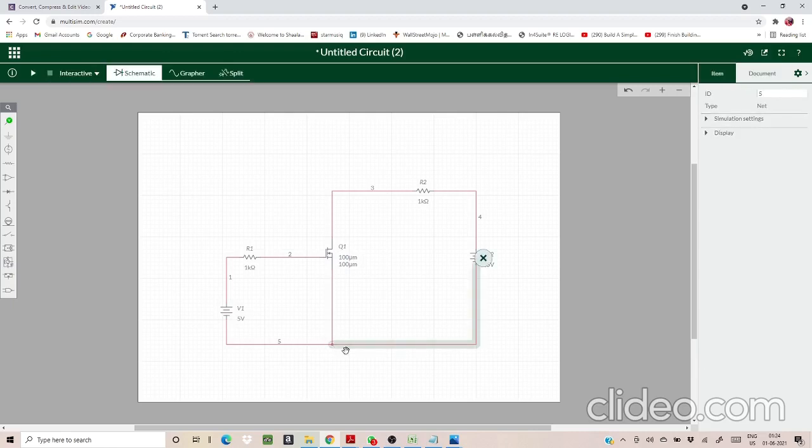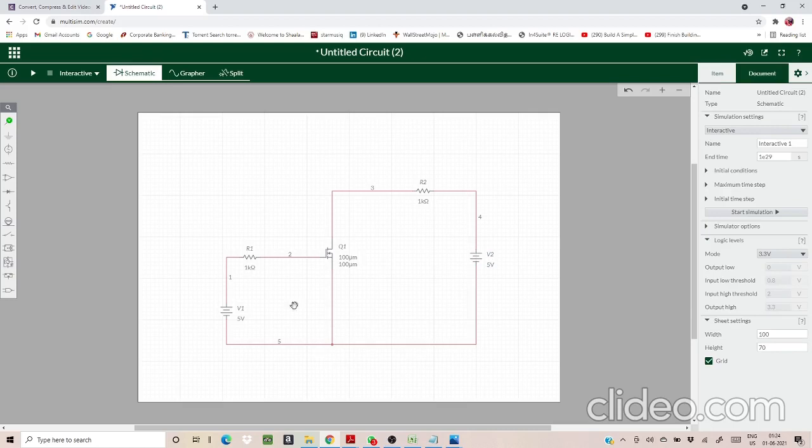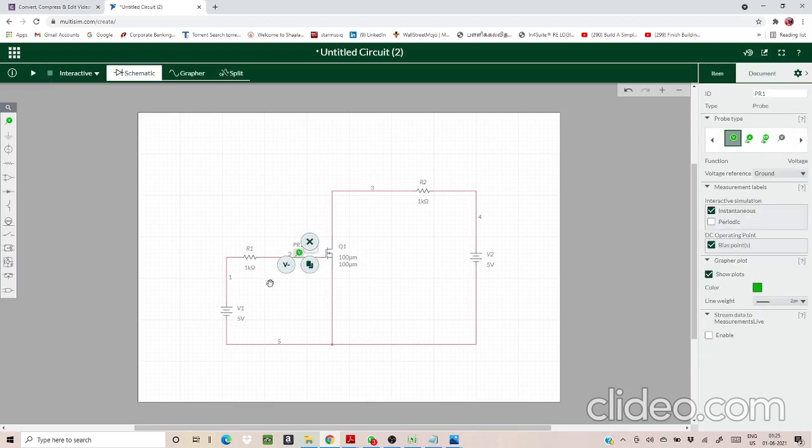Okay, so we have completed. Now we must add the voltmeter and ammeter, right? So you have a voltmeter here in this portion. In the first component, that is analysis and annotation, you will have your voltmeter, ammeter, and voltmeter-ammeter together. That is the probe, a voltmeter in the form of a probe. Can you see this? So just press this and place it on top of this number 2, near the wire. So this shows the voltage.